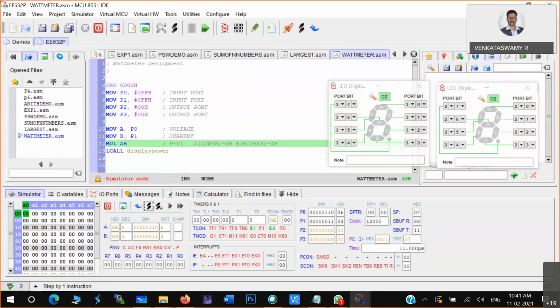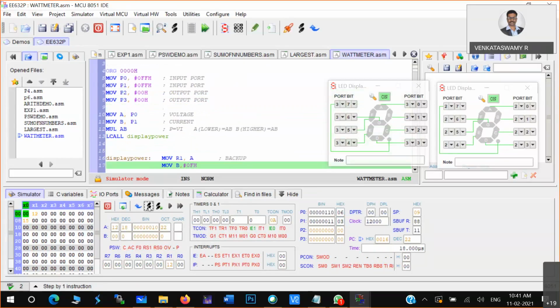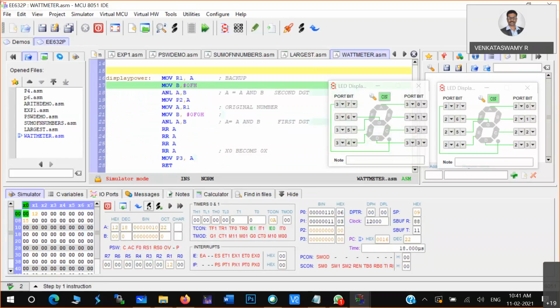Okay, so it is taking that number. The result is coming 12. It is going to the function. So inside that particular function, it is executing now. So multiplied, first digit came to accumulator, and you see here also one issue. What is that issue? A content is pushed to P2.